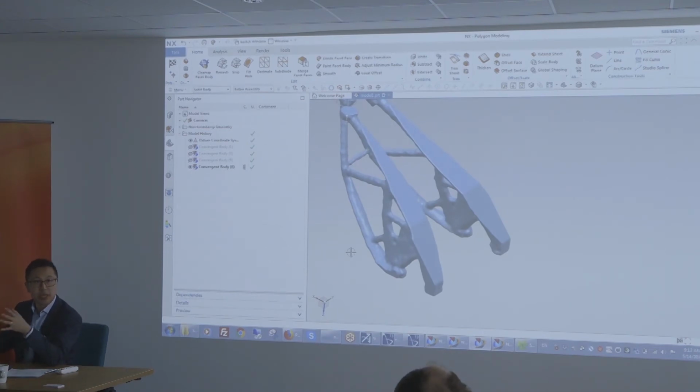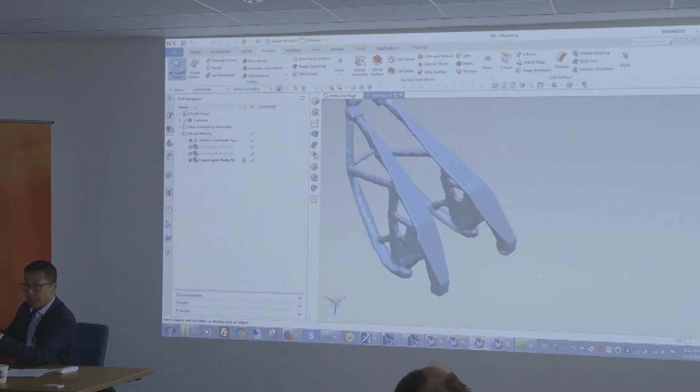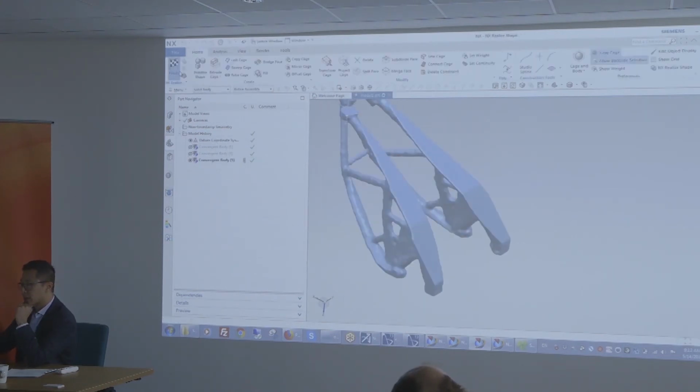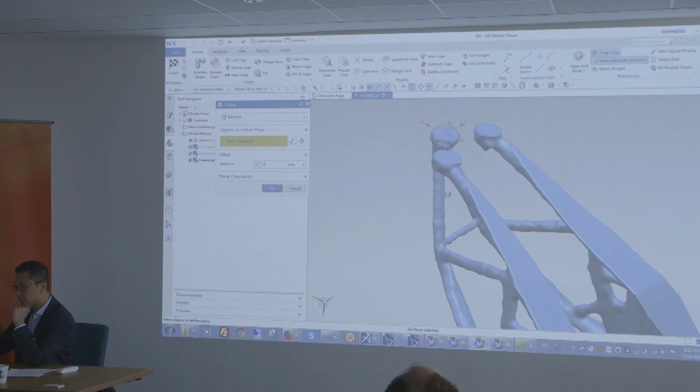Sometimes when you do additive manufacturing, you want to take away some material and create a lattice geometry on it, to lightweight the part. So let's do this. I'm going to go back here and use the NX Realize Shape I've been talking about, right? So I'm just going to create a quick plane. That plane is going to be, let's say, in that area.